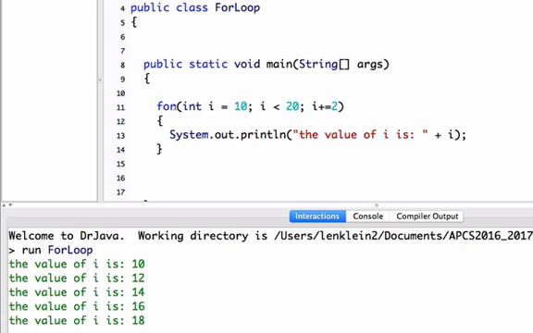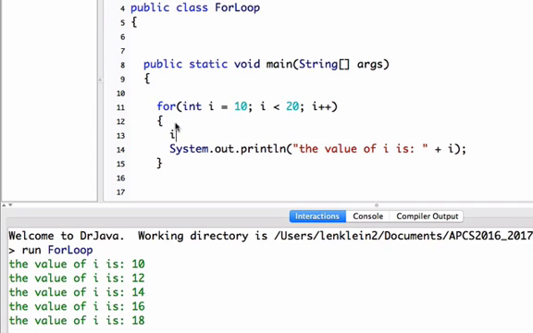The basic idea is a for loop tells you repeat something some number of times. Now, let's combine the if statement inside a for loop. And so what I can do is if I mod 2 equal 0,